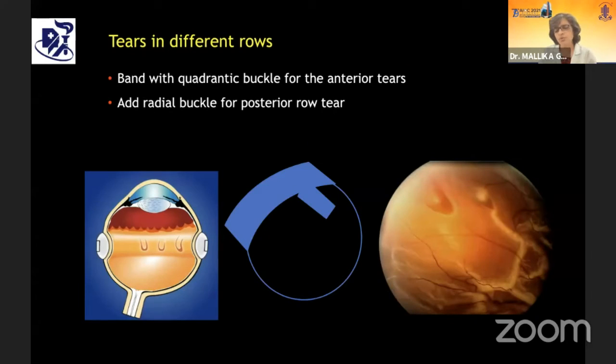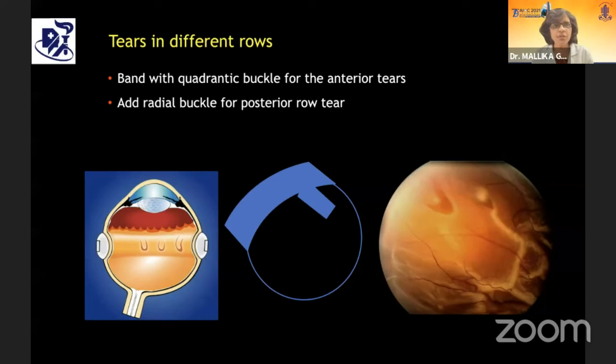Now, these things, as Dr. Azad was mentioning, we used to do a lot of these earlier. When I was being trained, I was seeing a lot of these surgeries being done by Professor Azad and Professor Tiwari. But now I think we don't do so much because it requires a lot of effort on the table, a lot of time, and a lot of manipulation and a lot of suspense during and after surgery. So nowadays we just move to vitreous surgery.